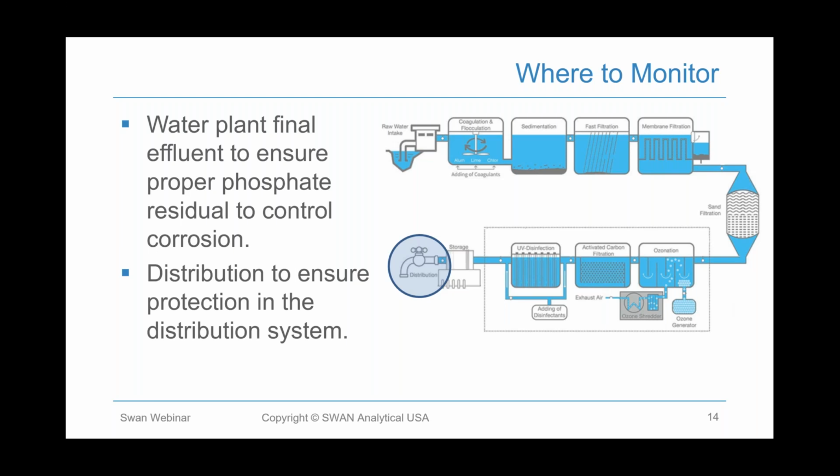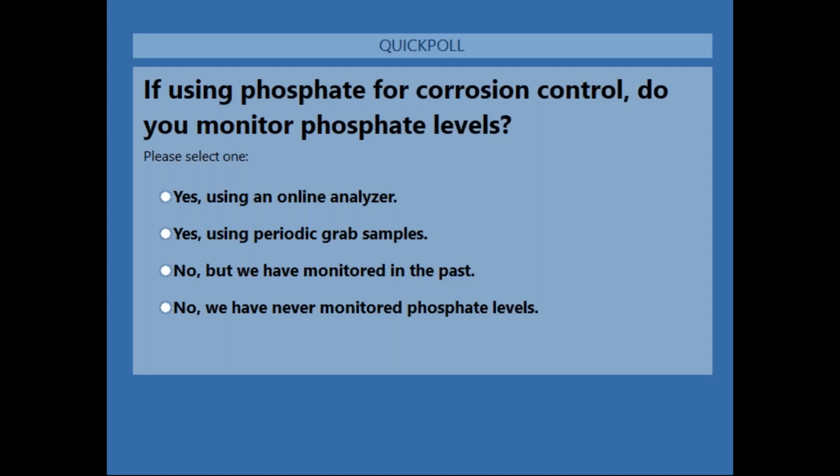So there may be multiple places in the distribution system that we want to check to see that our phosphate levels are what we think they ought to be. So how are we doing that now? We have crews going out, collecting, and measuring, and what we're proposing and talking about in this call is that there is a different way of doing that, which is to actually put an online